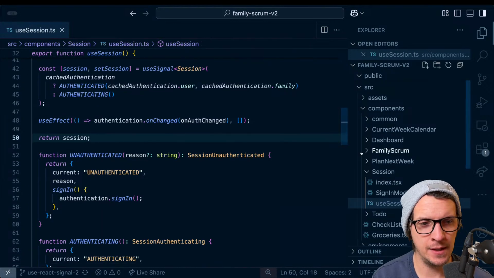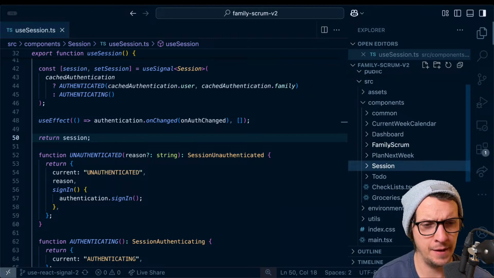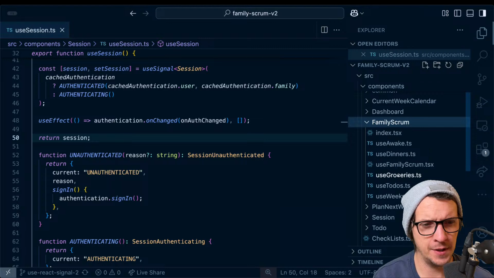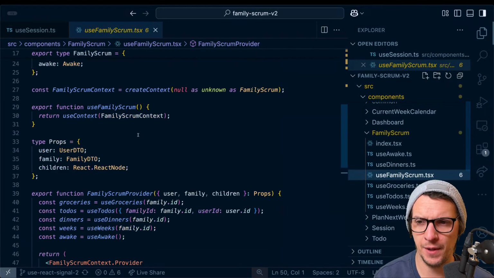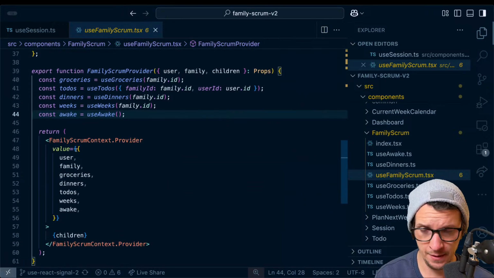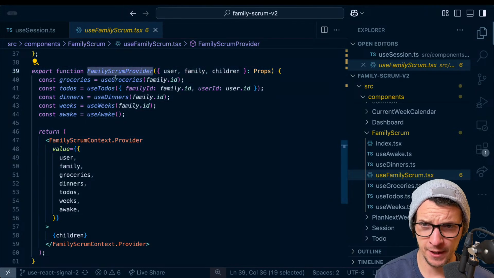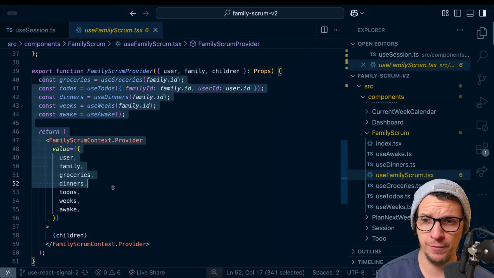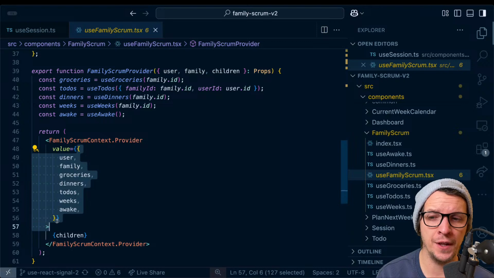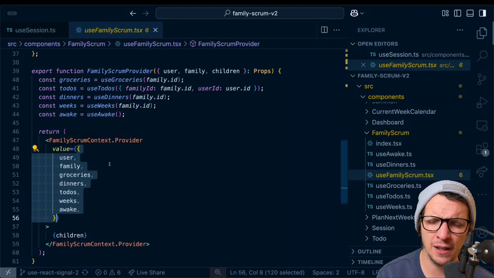Let's see, I have another example. For example, we have use family scrum here. And it looks very nice, right? I'm building up a context here. I'm just exposing everything, and it's perfectly fine, because the only time family scrum provider reconciles is if it's unmounted. So it's perfectly fine. But that's also a thing that's hard to reflect on or realize here, I think,